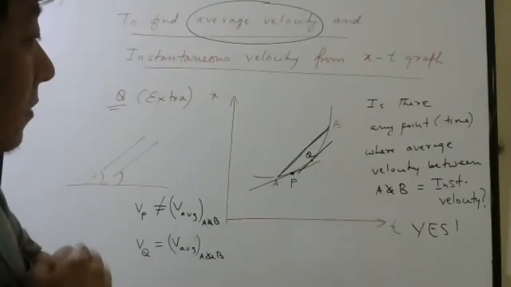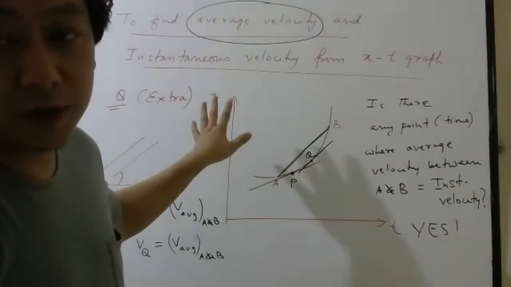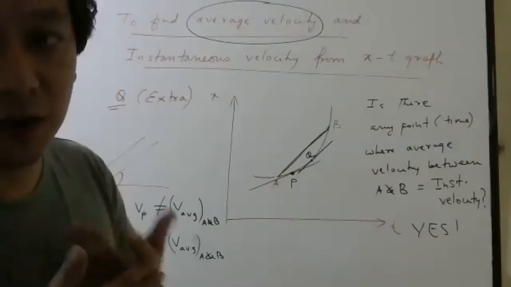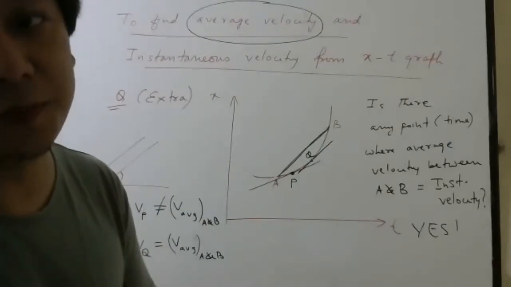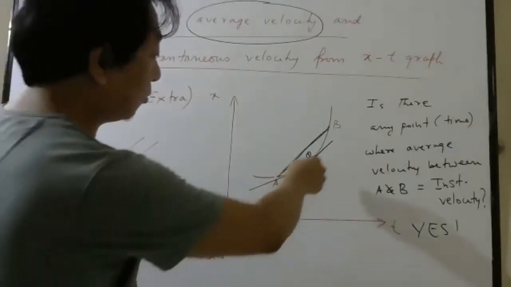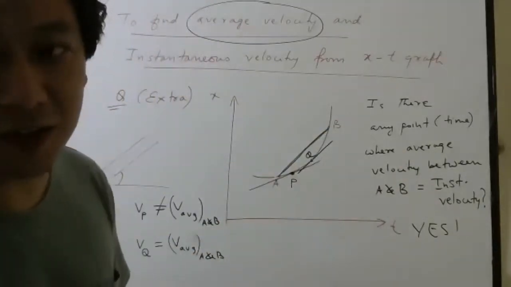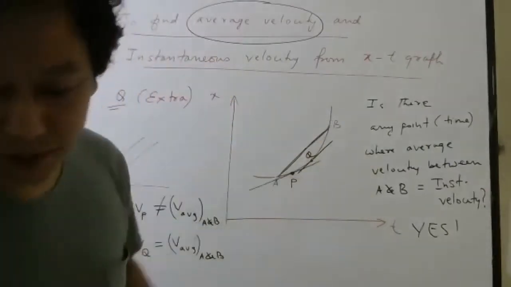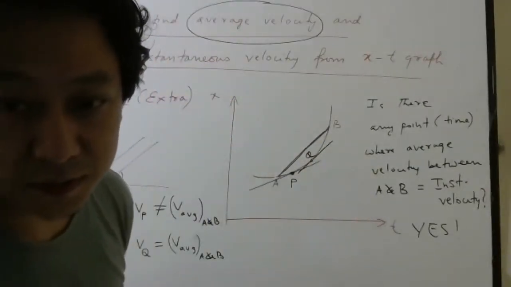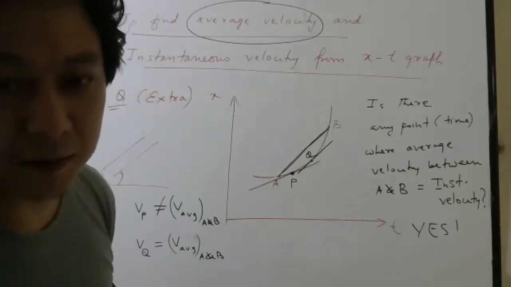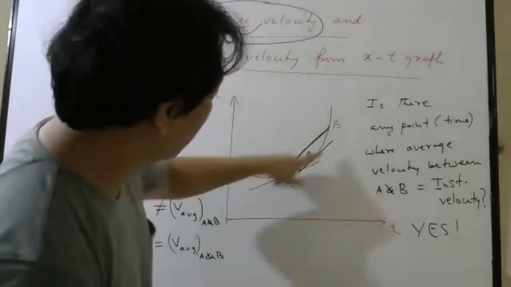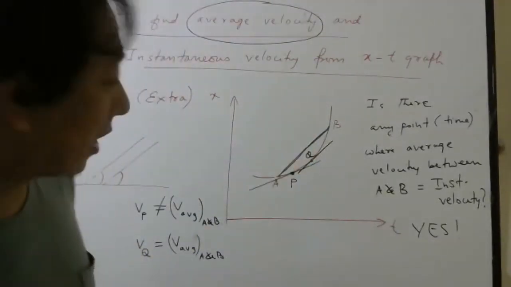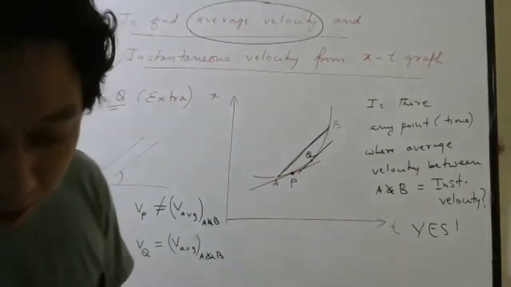Also notice one thing, whatever we did for the x-t graph, we found velocity by calculating the slope, right? Either you have to draw a tangent if it is instantaneous velocity, or you have to draw the line joining two points. If they don't mention the two points, it can be anywhere. If it is symmetrical, then it may be in the middle. In this graph, it may be in the middle because I made it symmetrical, but I can always make it like this, no?